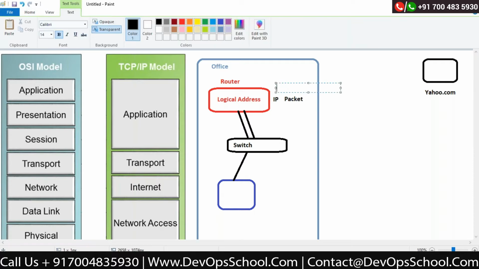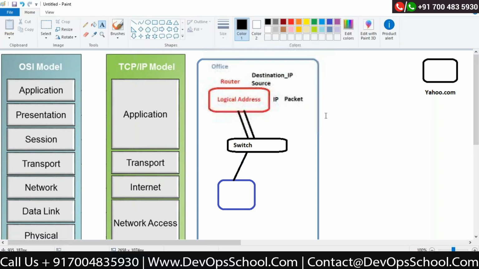Router reads, okay, tell me who is my destination and who is my source. Now source is not important because I know the source IP address is from my network. So he knows the destination IP address. Correct? Now the destination IP address is nothing but yahoo.com.